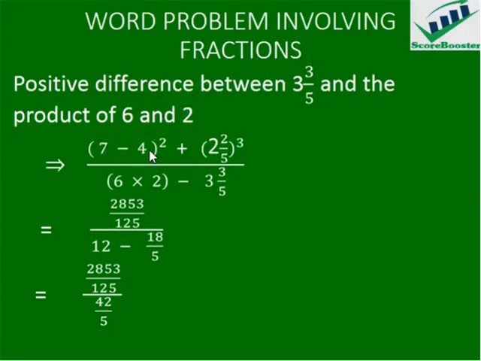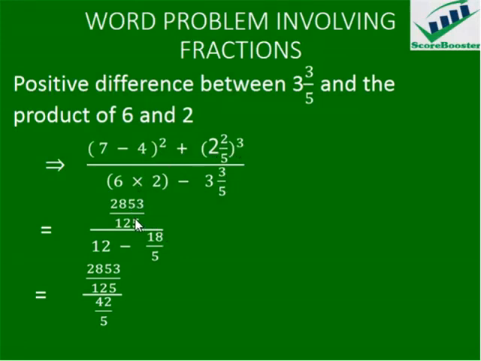So this is the positive difference between 4 and 7 squared added to the cube of 2 whole number 2 over 5, divided by the positive difference between the product of 6 and 2 and 3 whole number 3 over 5. I hope that is understood. It's just like what I've been explaining before. Positive difference is the first thing you have here, and that will be the connection between 3 whole number 3 over 5 and the product of 6 and 2. So the product of 6 and 2 minus 3 whole number 3 over 5. We already have a result for this, which is